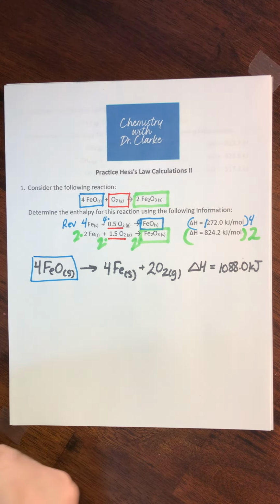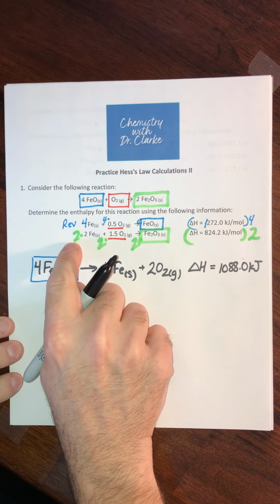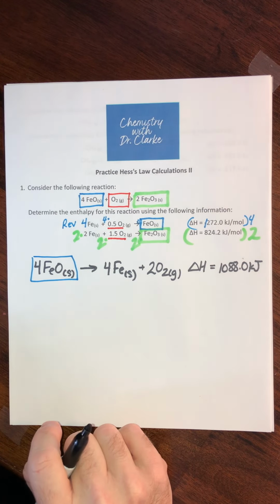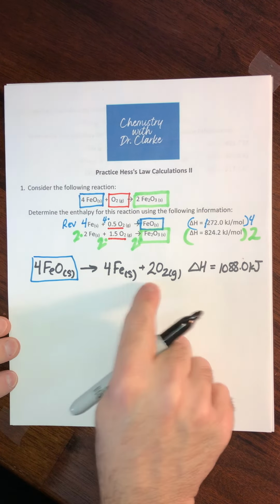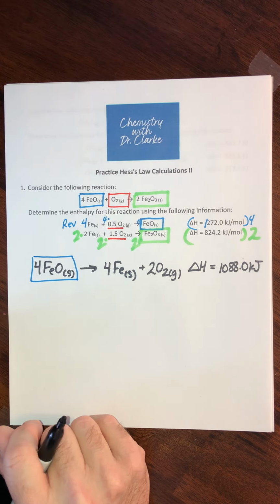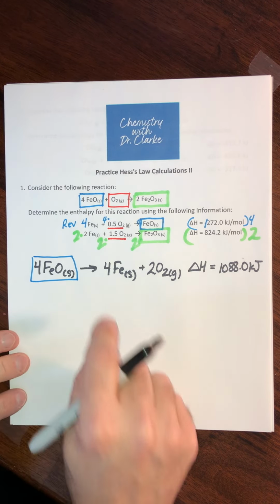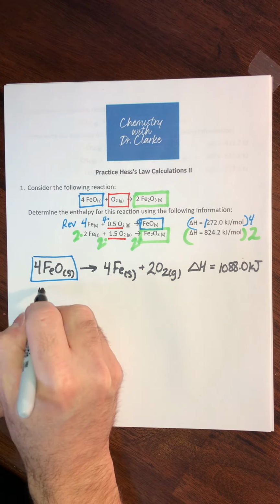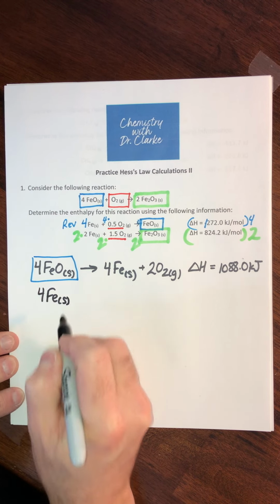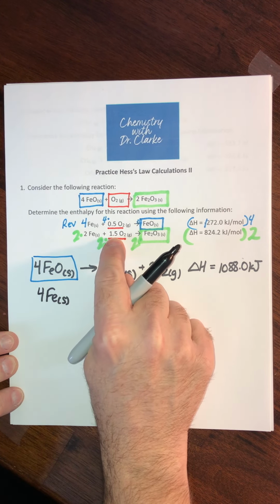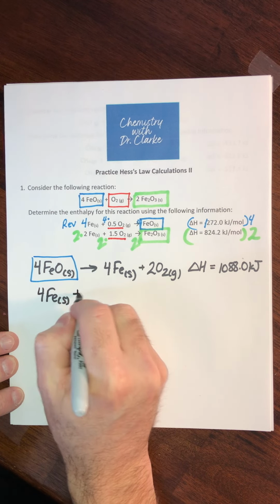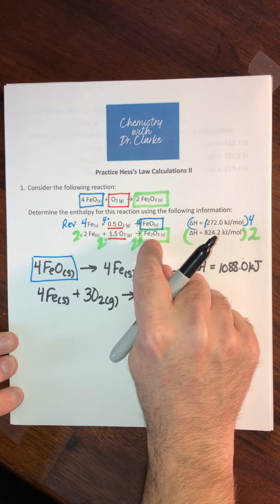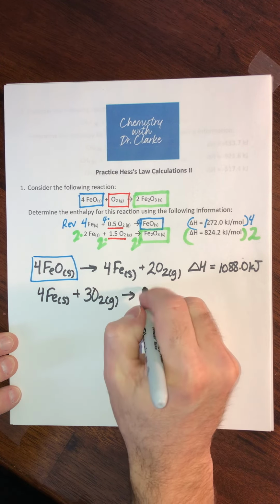Now again, I do like to write these things out. It would be very easy to just make the changes right here on the equation as it's given. But I do like to write them out because especially if you have to flip them, it's very hard to remember what changes you made. So if we rewrite this, I originally had 2 iron solids, so I'm going to multiply that by 2. So that gives me 2 Fe solids. I originally had 1.5 oxygens, but I'm going to multiply it by 2, so that gives me 3 oxygens. And I originally had 1 iron 3 oxide, but I've multiplied it by 2, so now I have 2